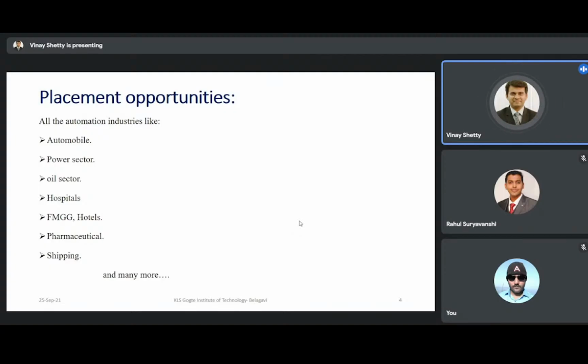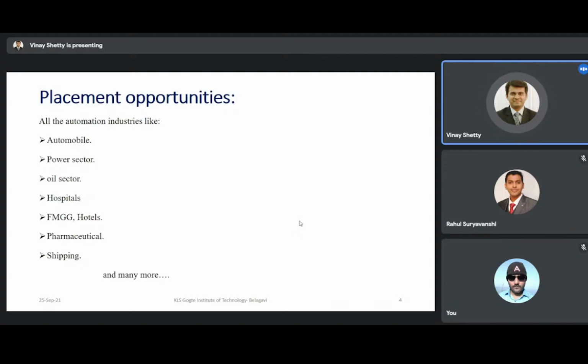And these PLCs have been extensively and widely used by the industries for decades. Decades ago. Now what you can do is you can study this subject. You can come up with the new interfacing technologies, wherein you can interface the PLC with the cloud and then do whatever sequences you require.